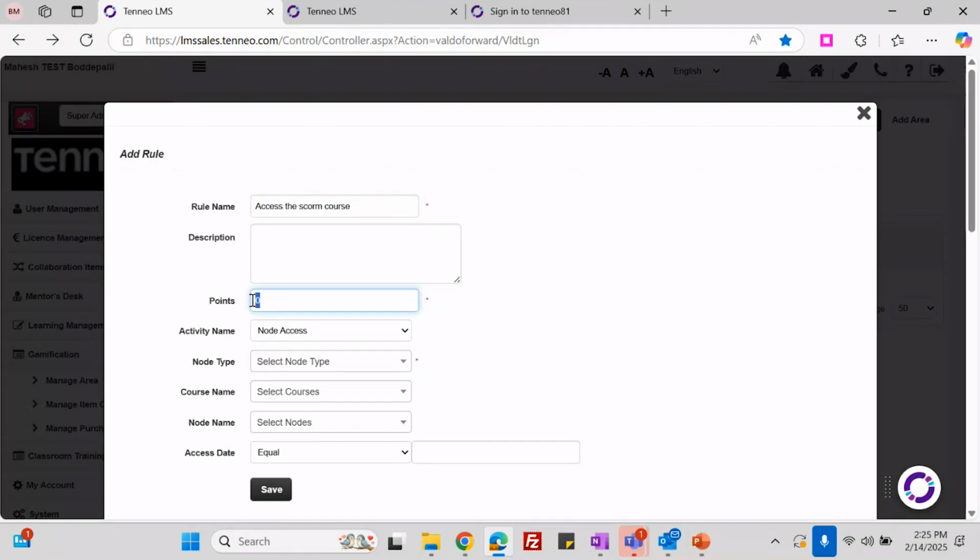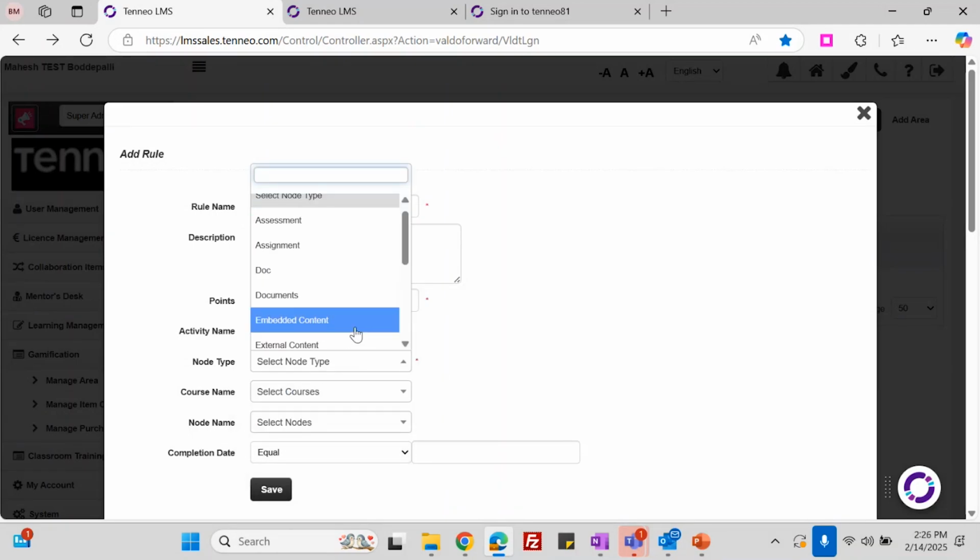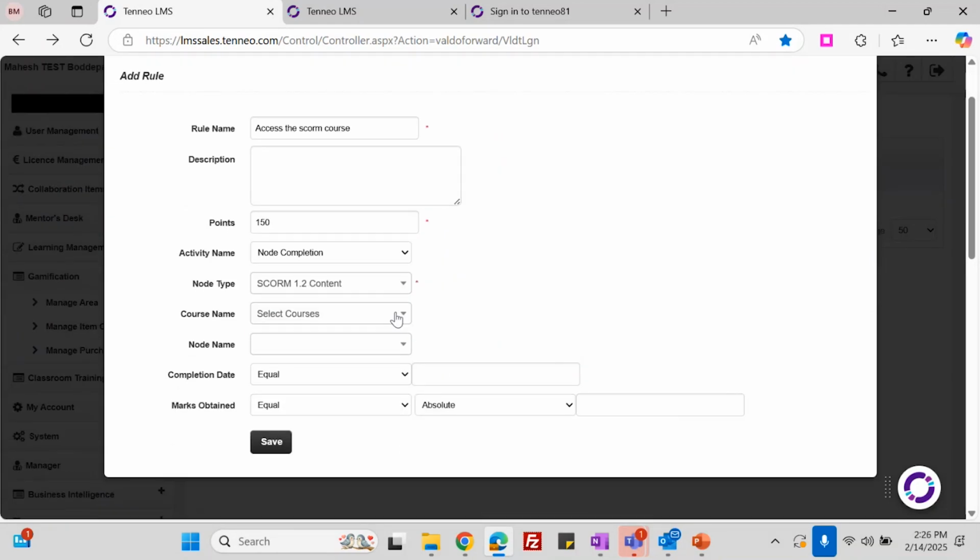And here we will simply mention the points. Let's take, if I'm mentioning 150 points and here node completion, and here only select SCOM content and don't select any other courses. If you're not selecting any courses, the system will identify that if any user is completing any SCOM type of content in the LMS, whether it is a content or a program related SCOM content,